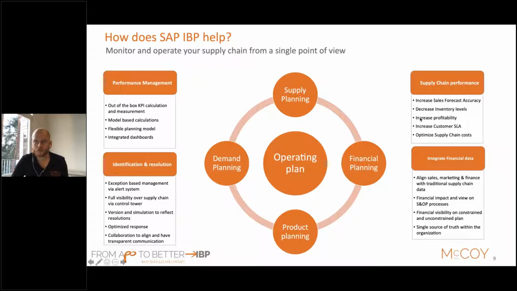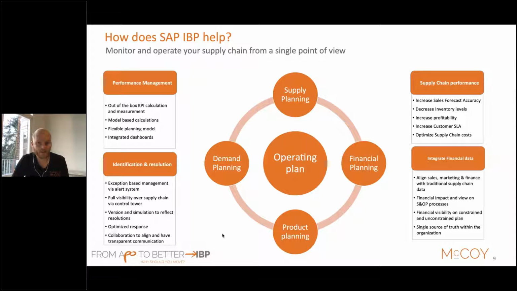Around it, there are a couple of solutions supporting this process to really help you to make the proper decision. For example, in terms of performance management, there are several kinds of KPIs within IBP, within the model, which immediately will give you the correct insight and where you have gaps or issues within your supply chain. So you can identify and resolve them via, for example, alerts and via communication with each other via the tool. You can help and you can support your issue process from an end-to-end perspective and really even across time zones,